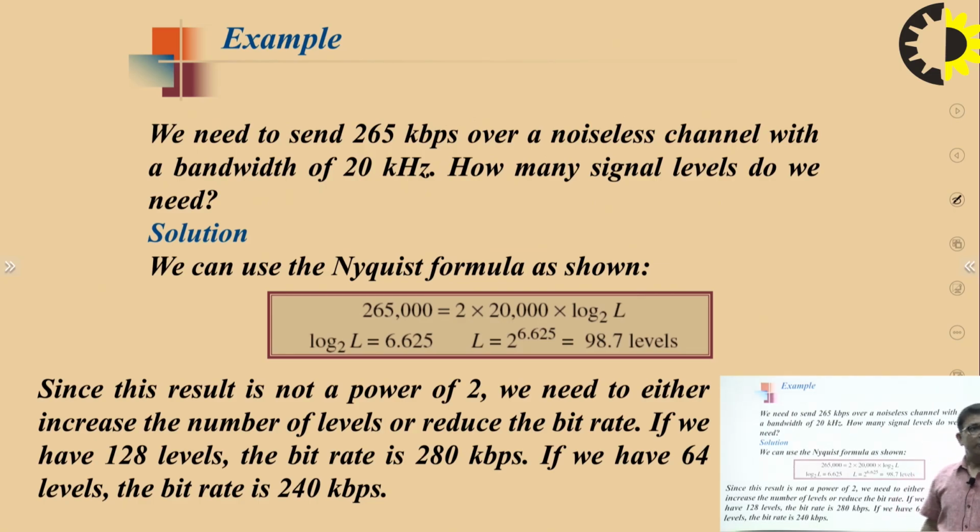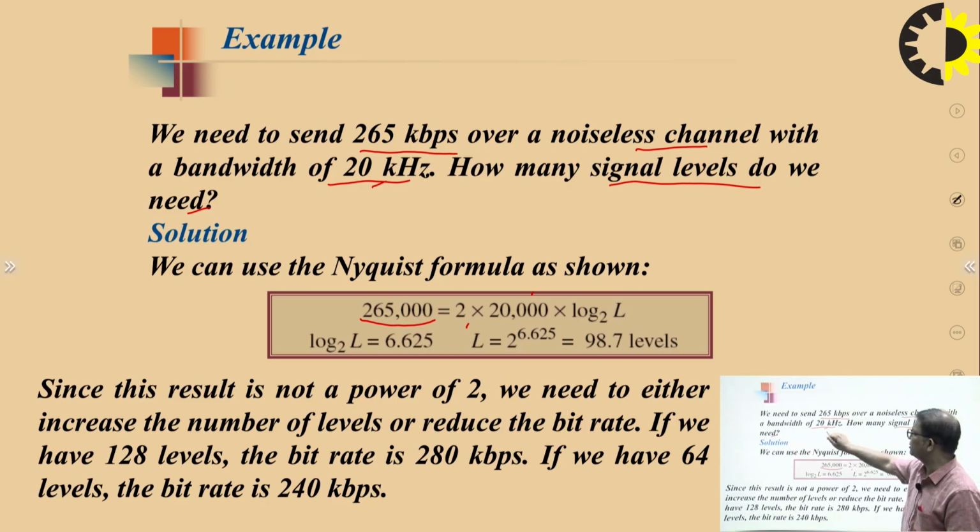Okay. Take another example. We need to send 265 kbps over a noiseless channel with a bandwidth of 20 kilohertz. How many signal levels do we need? We have 265 kbps, this is the bit rate. It means 265,000 bps equals 2 times the bandwidth, 20,000, 20 kilohertz, times log 2 of L. So you need to identify L. So L becomes 2 to the power